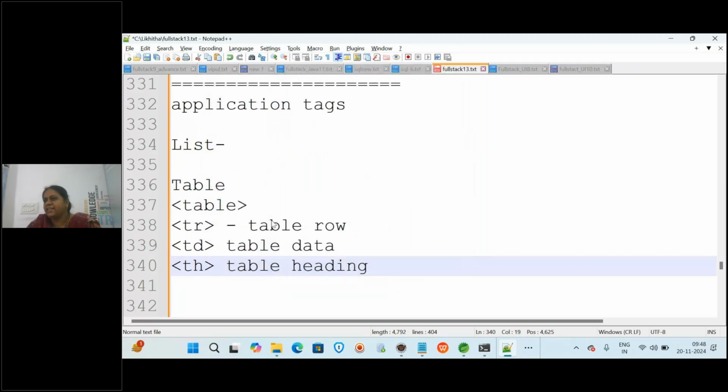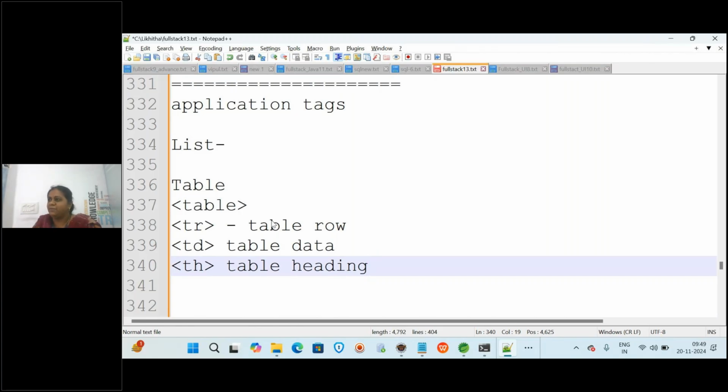If you consider any table, the table will be having headings, right? Serial number, name, marks, subject, whatever it is, it will be having headings, no? Address, mobile number, and all. So TD and TH are almost the same, used for writing table data. But whenever you write any content between the TH tag, it will come as a heading in bold. There should be some difference, right? Headings will be in bold format.